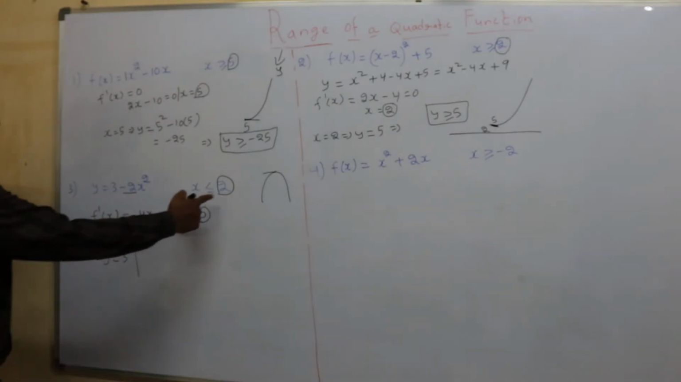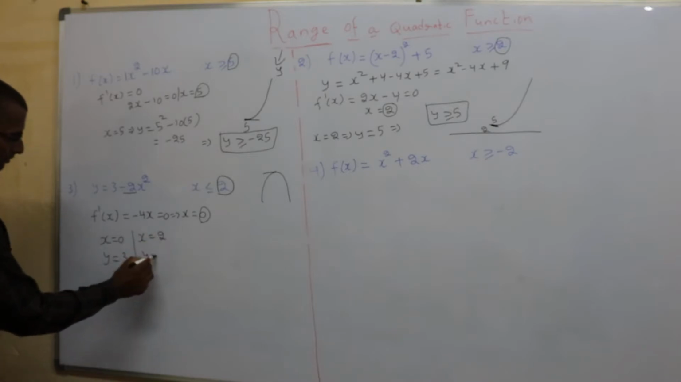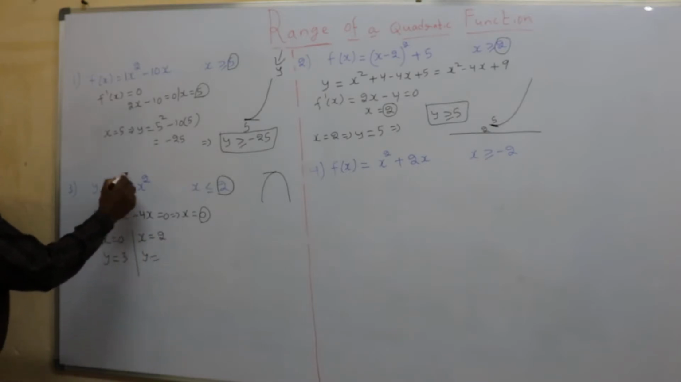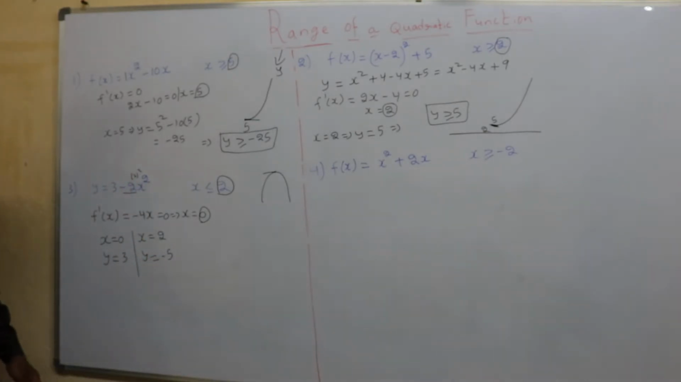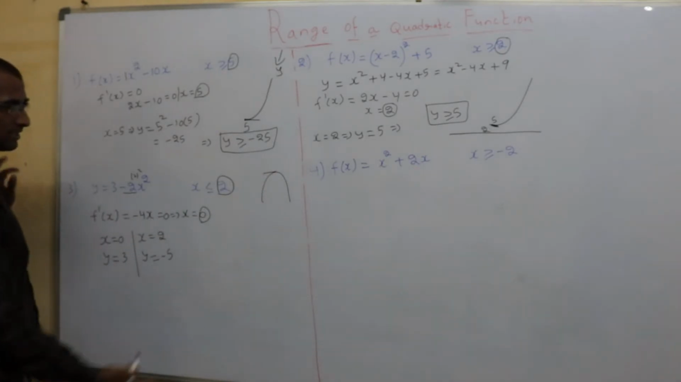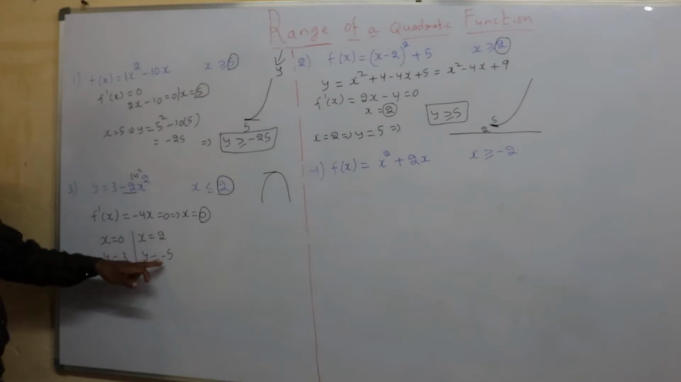Alright? Now when x is 2, what y value will I get? 3 minus 2 into 2 square, 4 into 2, 8, 3 minus 8 is minus 5. Your graph should look like this. That means when it is 2, it said